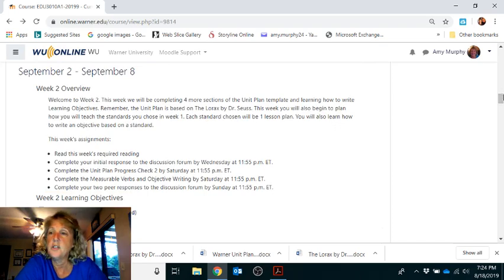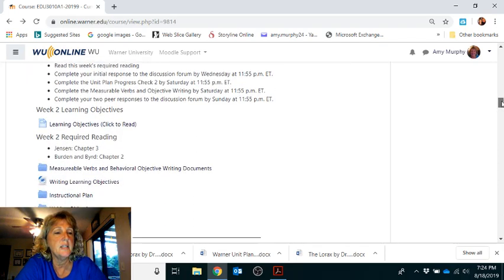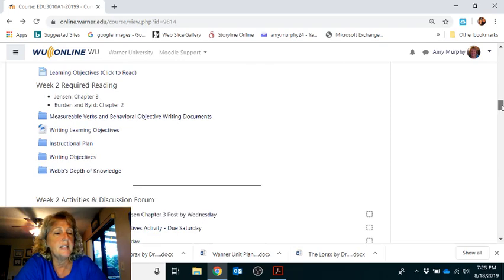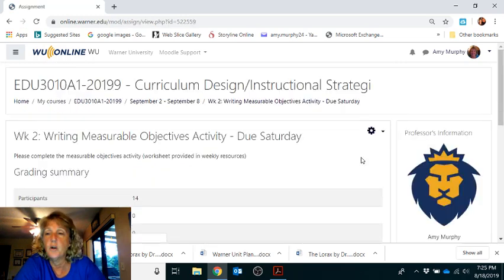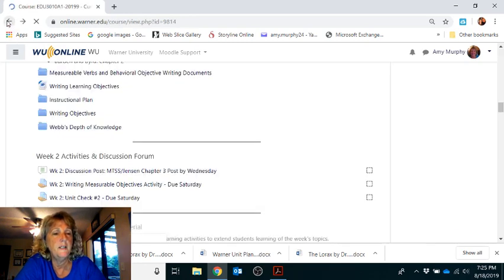You'll notice week 2 is a big week for us because you're writing and practicing objectives, and you're also writing the unit summary plan. The writing the measurable verbs activity has always given us issues. What you need to do is open